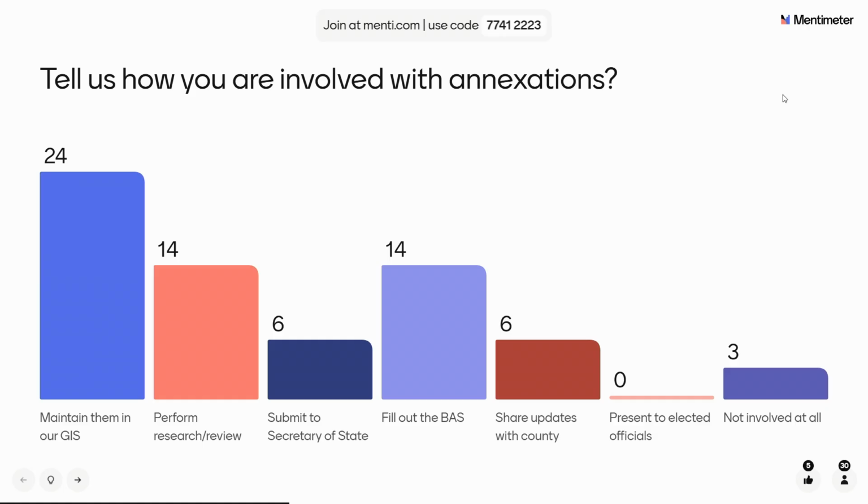So once y'all submit to the tool, and we have a lot of people using the tool, and we have the authoritative boundary being actually used, then our office at the Secretary of State can be just like the utilities companies, the fire companies, all the BAS locations. We're just another entity that will go to that tool, update our data for our office, and then we'll still reach out to y'all and say thank you, but we won't have to ask you all the time, hey, what ordinances independently did you guys annex?